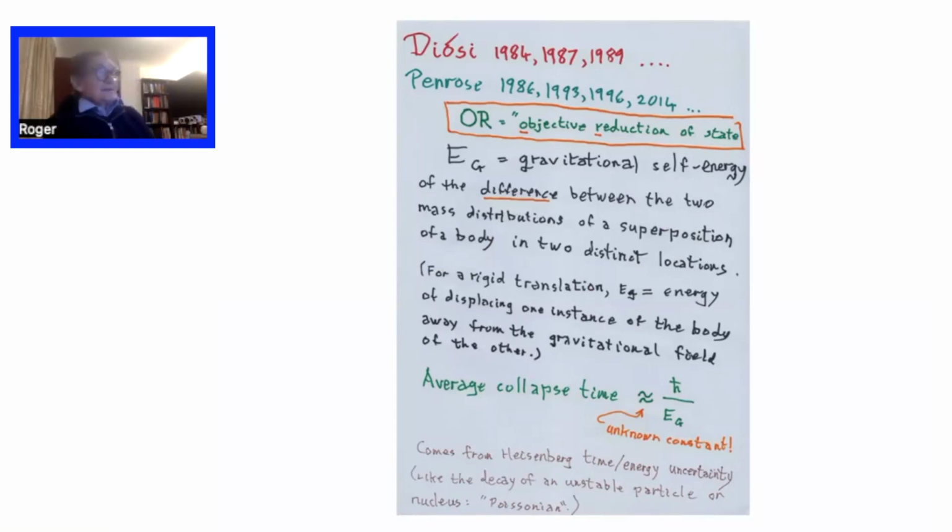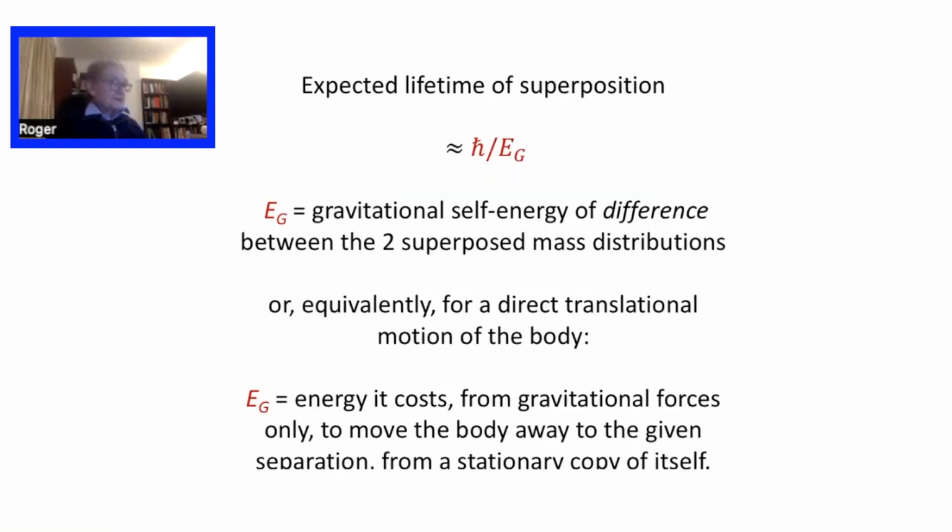This idea was actually not my way of doing it, but the same formula had been come across a couple of years or so before I did it by Diósi. So Diósi had a different reasoning for it, but on the other hand, he came to the same kind of conclusion that there was this lifetime which you could calculate, which is this. Well, another way of stating it is if you imagine the two bodies, I think I've got this on the next one here. You can imagine the two bodies, it's not quite centered, but I hope you can see it, most of it anyway.